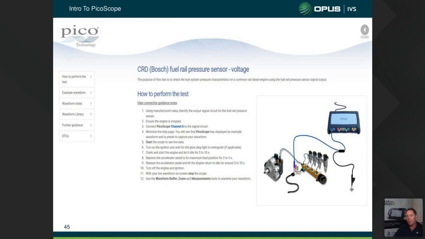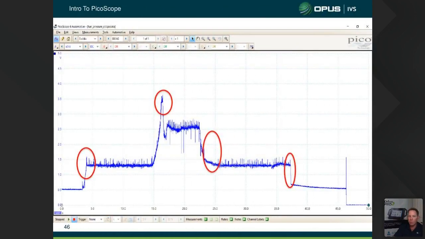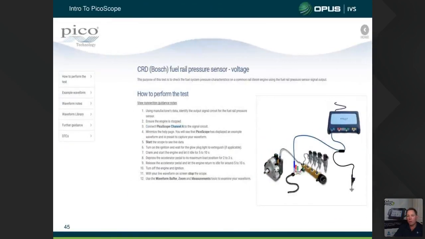So Pico's got it outlined. They show us what channel to hook up, which wire to go into, which signal we should put a ground, and then it walks us through how to actually perform the test. So when we get back to our actual software, here's the test we've done. We followed their instructions. Now, the instructions actually say there, again, I can't quite read this, but it says, crank